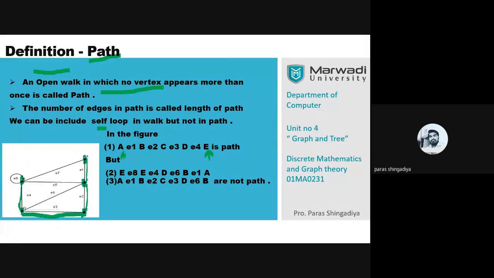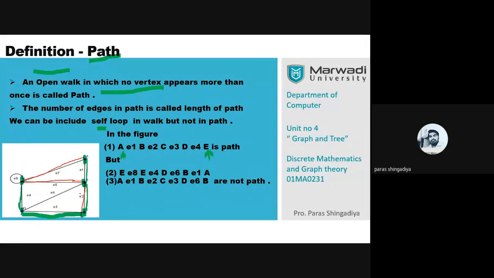You can consider A E7 E, that is one open walk, clear, and that is also known as a path. Let's include more places: A E7 B, E6 B, E2 C, clear. This way, A E7 E, then E5 B and E2 C. So that is also known as a path. Lots of examples you can create. Clear? You can include B, E6, E4, A, that is also known as a path.